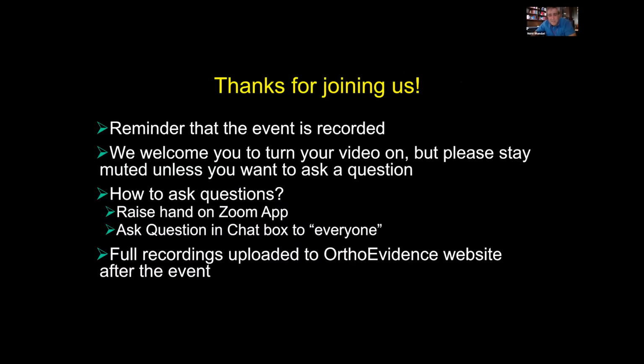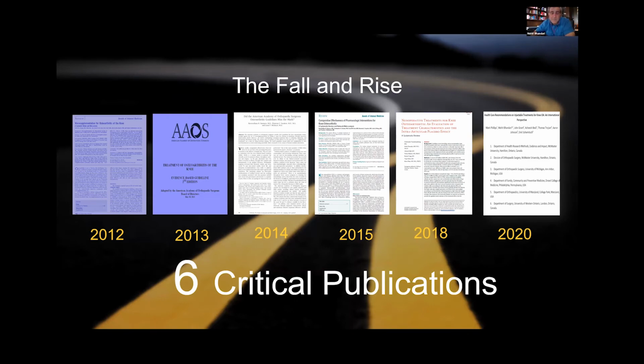If anyone else has questions or comments, please do continue with that as we move forward. But really the challenge I think we're facing has been this fall and rise, and I'll talk about the fall related to guidelines. Guidelines are powerful tools, and there's a host of guidelines on knee OA. I suspect many of you listening have read a host of them, there are many double-digit numbers. Before I get started, Ravi, I know you were one of the leaders in the OARSI guideline development. Can you speak to why guidelines differ and ultimately what you believe in your experience are the elements of a good quality guideline?